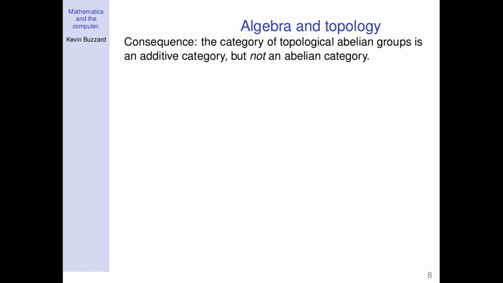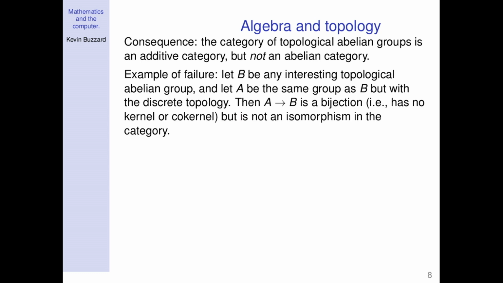So topological spaces aren't going to be an abelian category, but they're not even an additive category. But if you instead use topological abelian groups, that is an additive category. Given two topological abelian groups, the maps between them naturally have an abelian group structure. But kernel and cokernel being zero implying an isomorphism is not going to be true. So topological abelian groups are not an abelian category, and there's a completely explicit example. Let B be the real numbers with its usual topology, and let A be the real numbers with every set open.